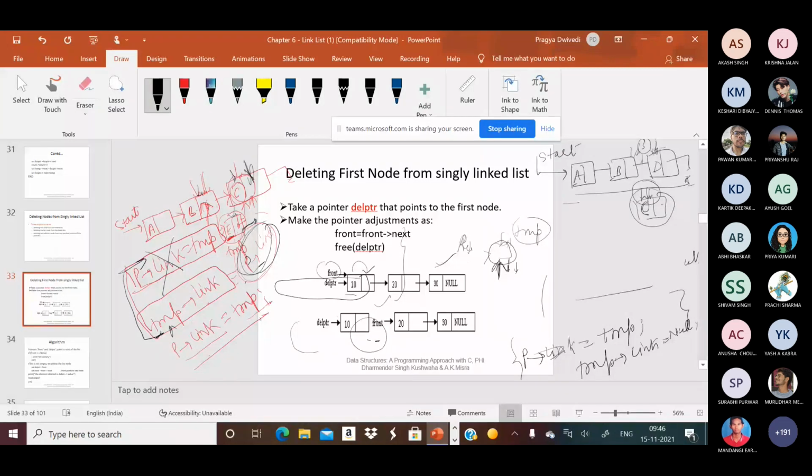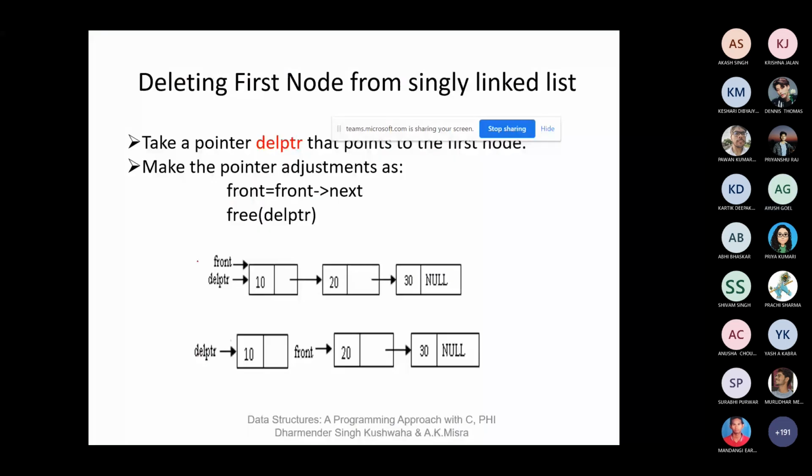So deleting the first node from the list, कैसे कर लेंगे हम? Ma'am, we will simply assign the value of the first node link to start. That's it. क्या होगा कि मेनली हमारा जो